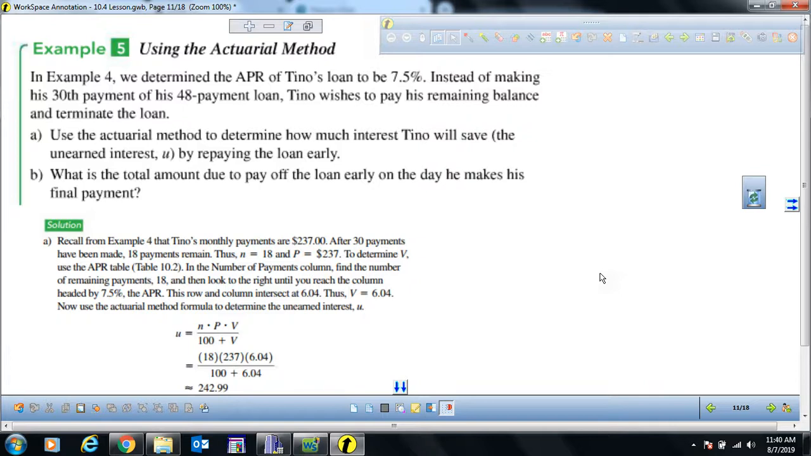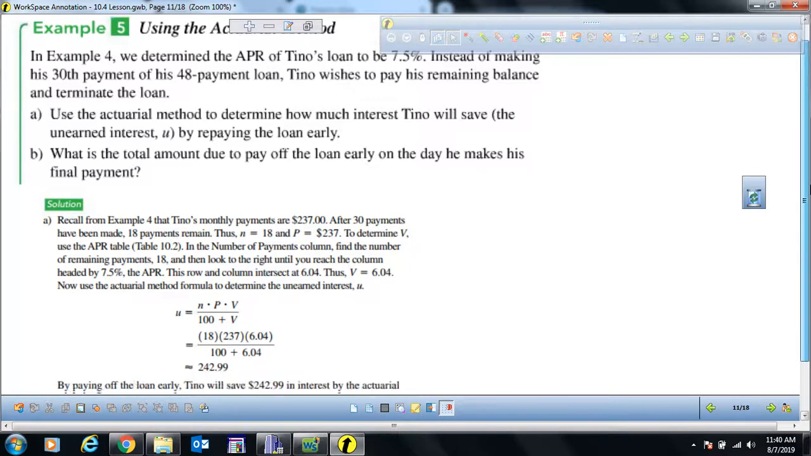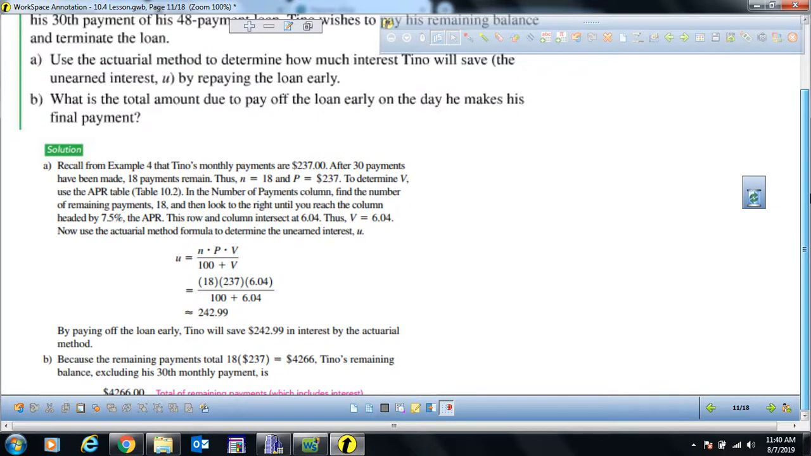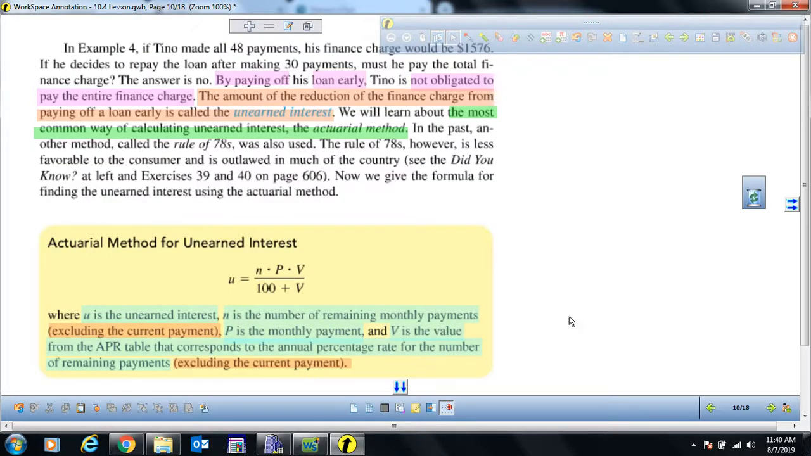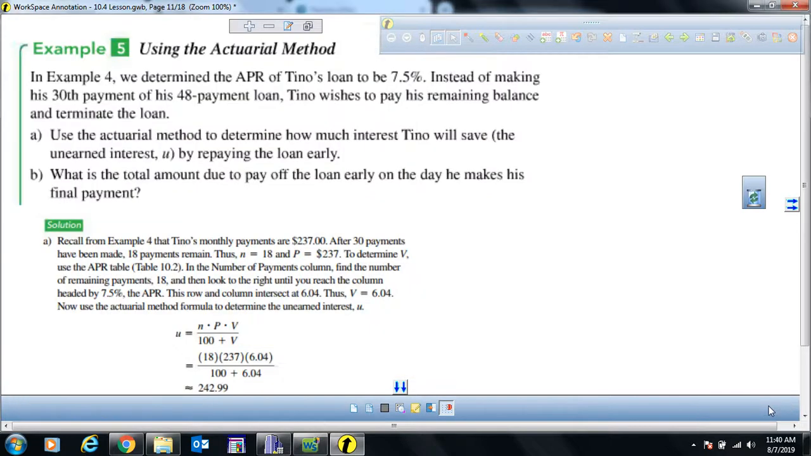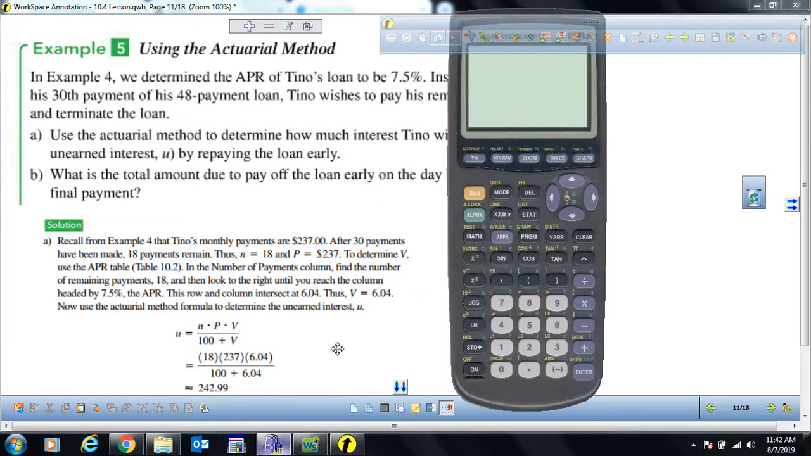B, what is the total amount due to pay off the loan early on the day he makes his final payment? Okay, so A, we're going to find how much he is going to save, the unearned interest. So you just have to follow the formula. N in the formula was supposed to be the number of remaining monthly payments. So if you want to find out the number of remaining monthly payments, all you're going to do is subtract